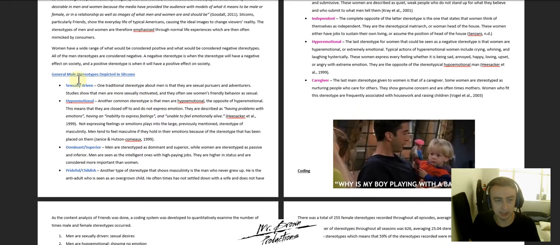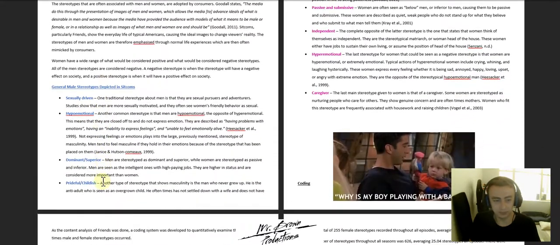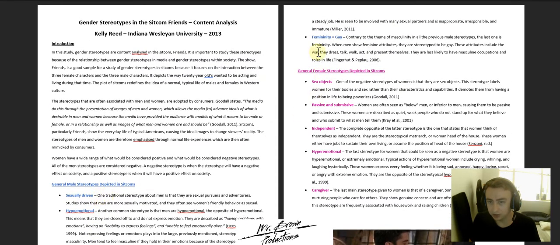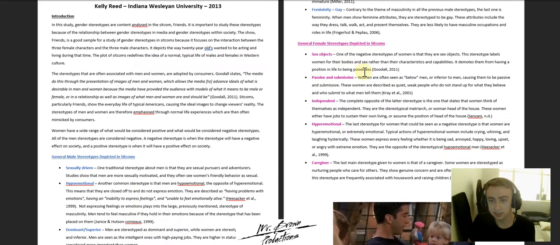So when we're looking at this, they've broken down typical male stereotypes, or typical male gender construction, into five categories. So the sexually driven male, the hypo-emotional male, meaning they don't express emotion, the dominant and superior male, the prideful or childish male, and then the idea that having feminine qualities amounts to a male identifying as gay. These are the sort of traditional male stereotypes that are depicted in sitcoms. So they talk about this, and then